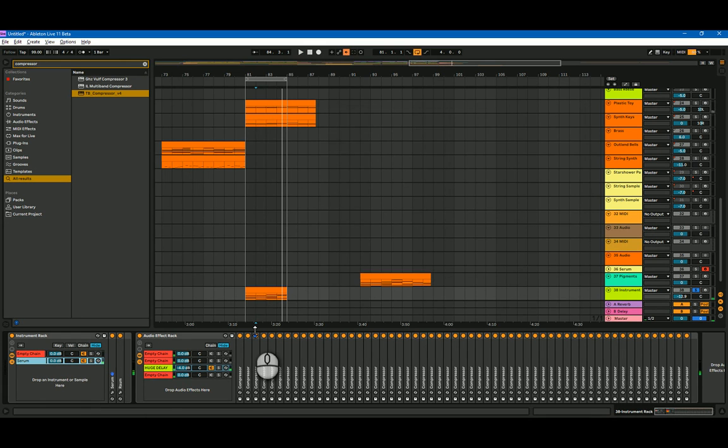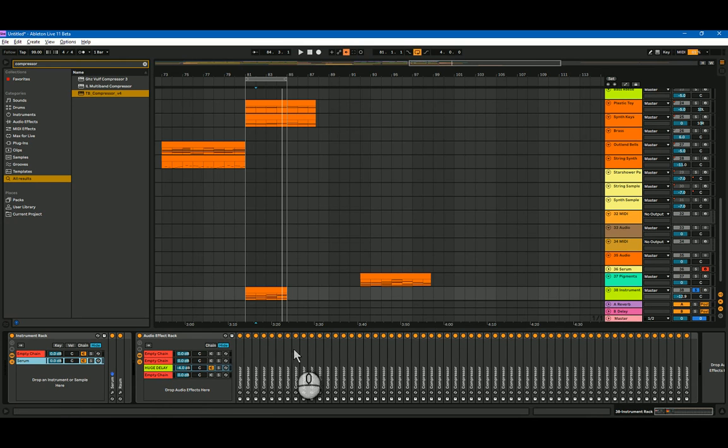I'm not sure why it's doing that, since all these devices are arranged in parallel. So the fact that one is at the top of the list or at the bottom of the list shouldn't make any difference to the audio signal. It's not as though they are in series. When they're in series, of course, things change, because, for example, reverb after compression doesn't sound the same as compression after reverb, and so